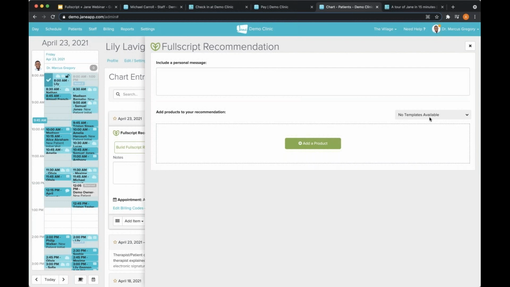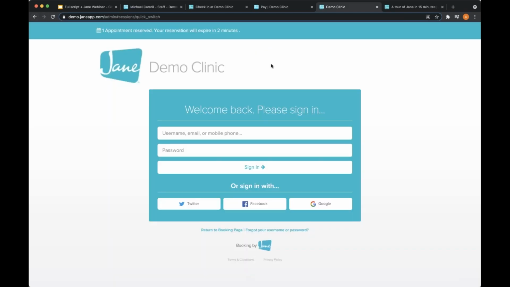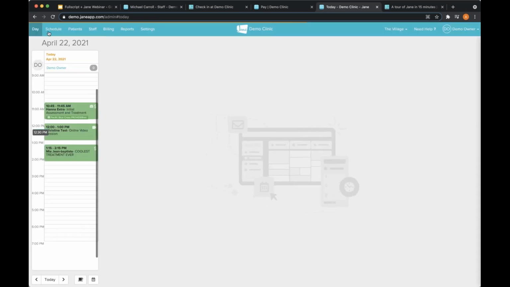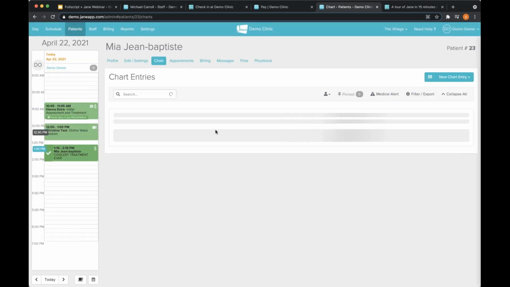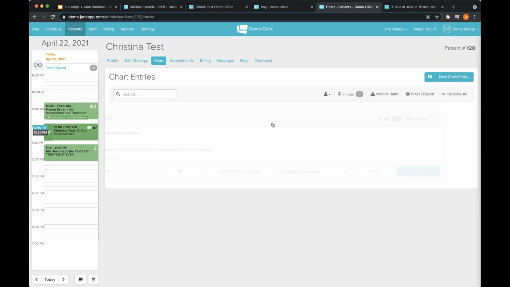And on the right-hand side, we can choose one of our templates that have been created in Fullscript. And we can then, oh, excuse me, apologies, one second here. I thought this would have it. It should. Yeah, and as you're doing that, when you actually create templates within Fullscript, the way we set up the integration is all that information will transfer over into Jane. So you can access your templates from that drop-down menu, which you will see Alex do in a couple of seconds.